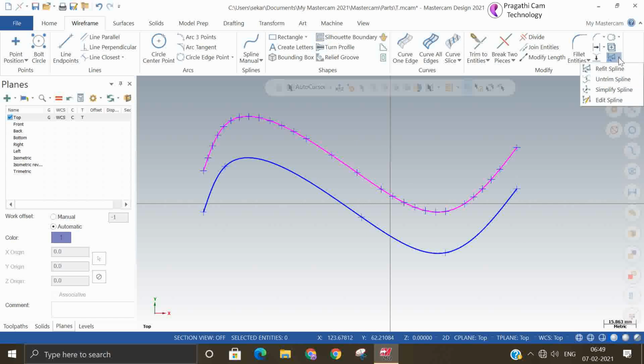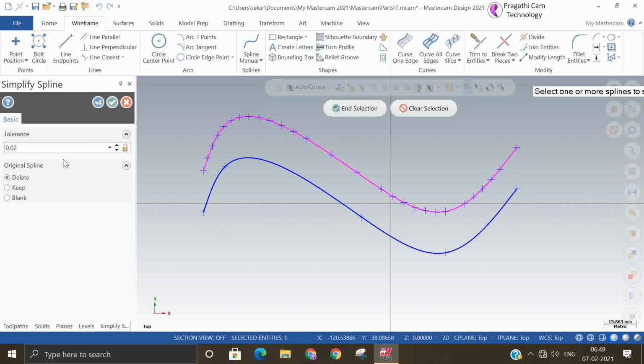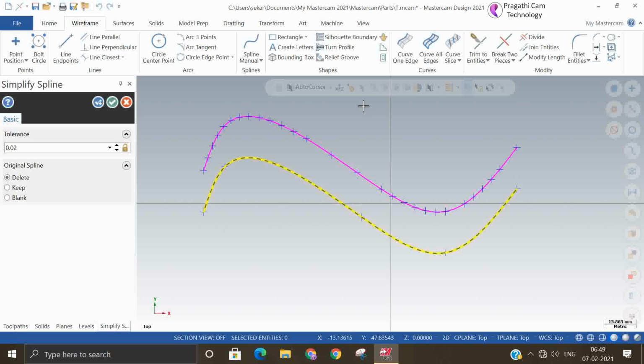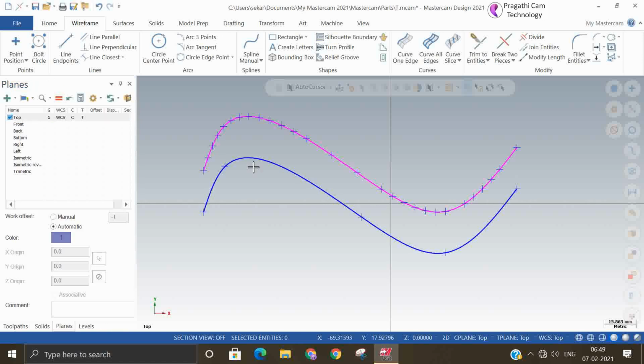So there is another option, simplify spline. So here you can change the tolerance and other things. We are not able to see the differences here. How accurate you want to make this spline, all the things will be there. You cannot see the changes directly here. Okay, it is doing it internally. So another option is edit spline.